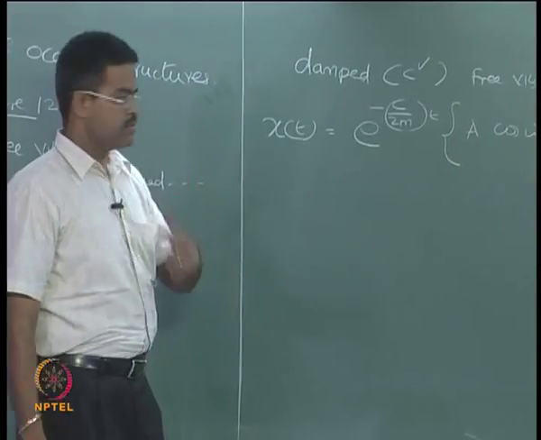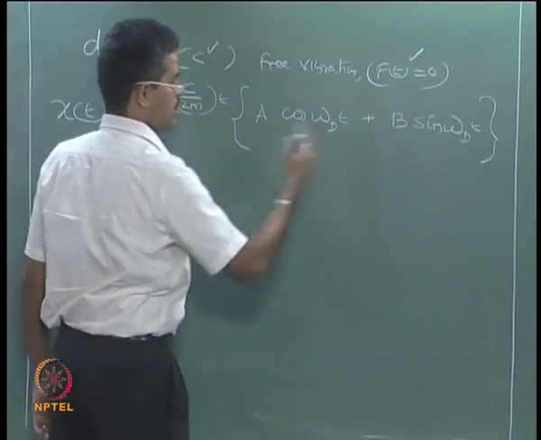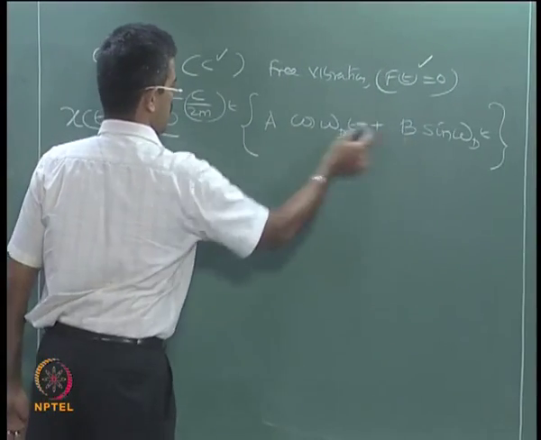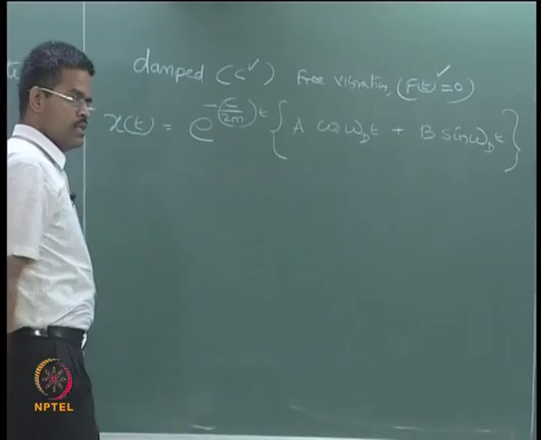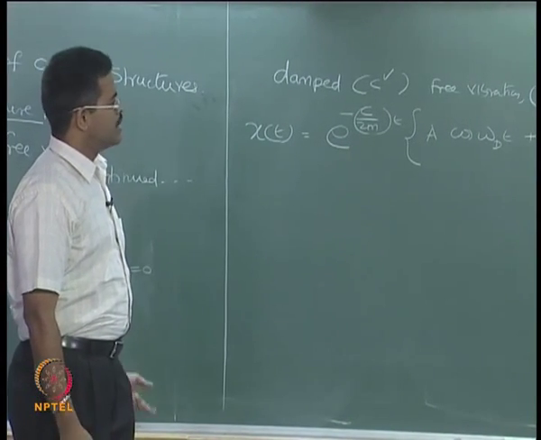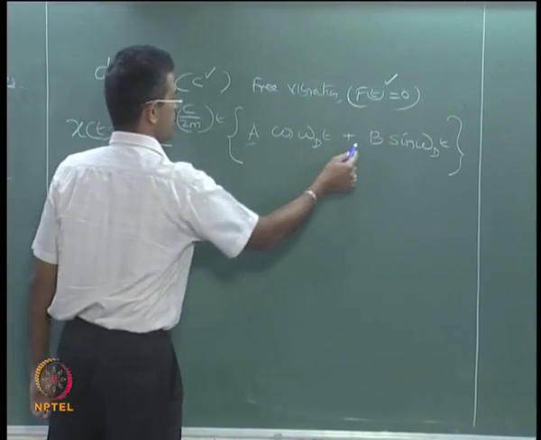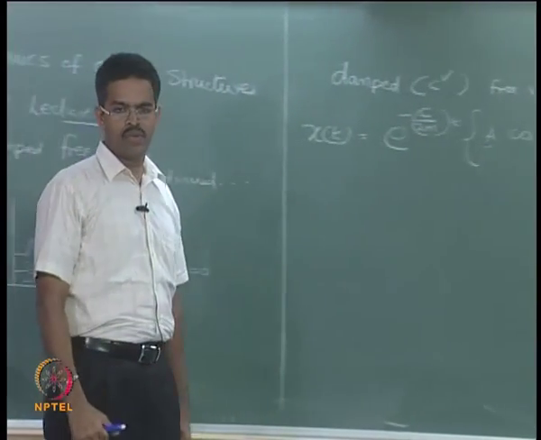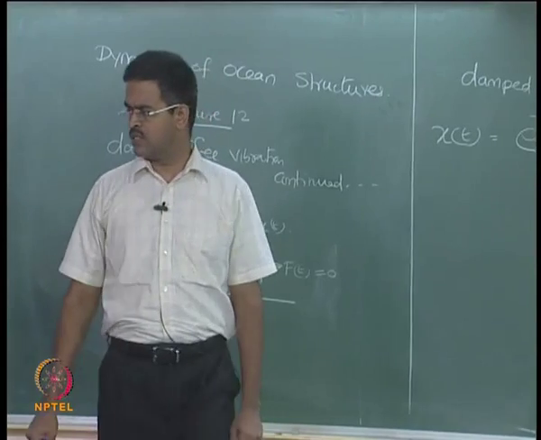In the last lecture we used C1 and C2, but I am deliberately using a and b because C1 and C2 may get confused with the damping constant here. Now as usual we have got two unknowns here, a and b. I want to evaluate them. I will use initial conditions,